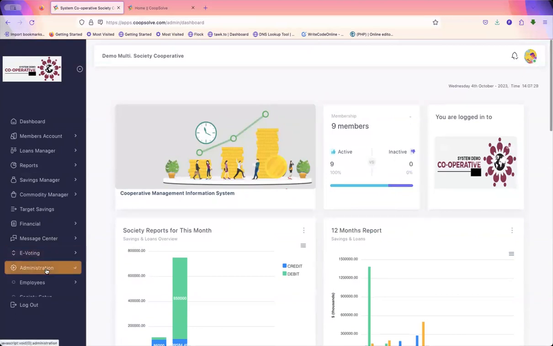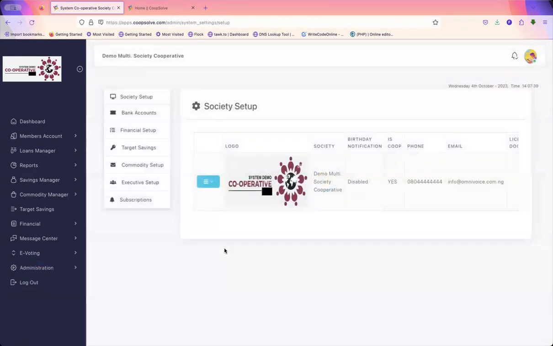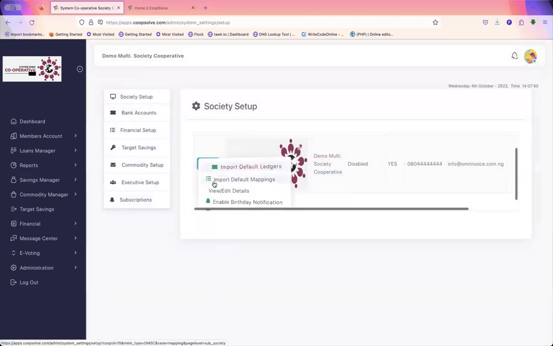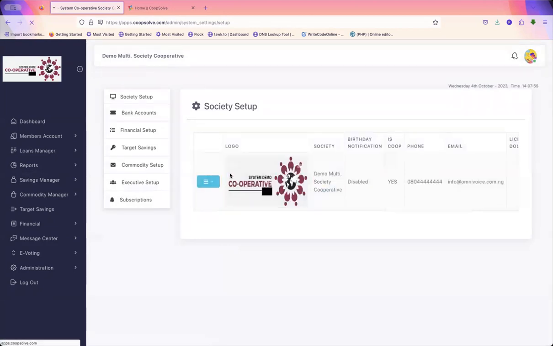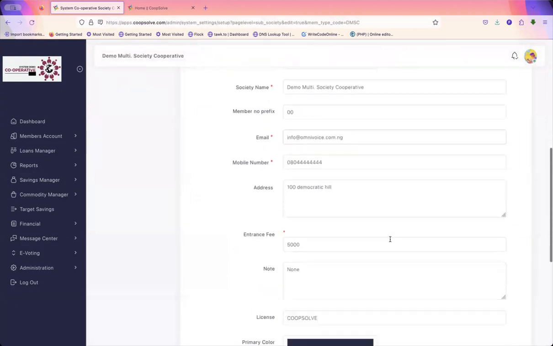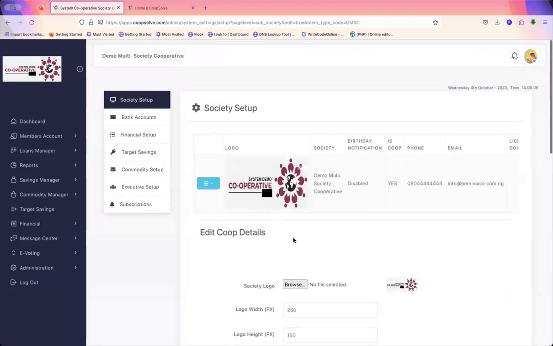Upon sign up, there are essential steps that CoopSolve requires, and they are under the society setup. Under the society setup, it will show you what logo has been uploaded for your cooperative, the name of the cooperative, and all the essential information. This information can be customized. You can go in there and edit that information and customize it to your cooperative. It's essential that this information reflects the true information of the cooperative, including the phone numbers and all the other